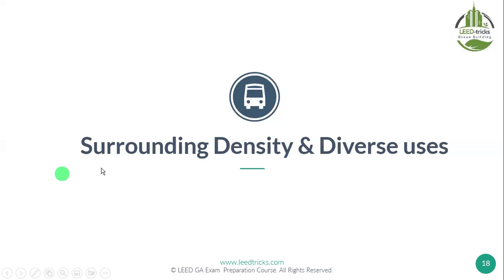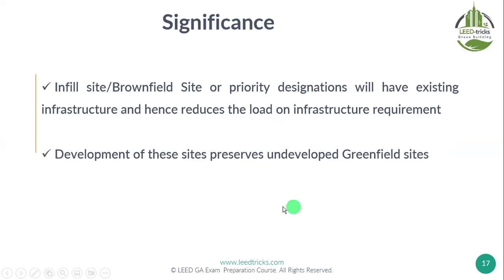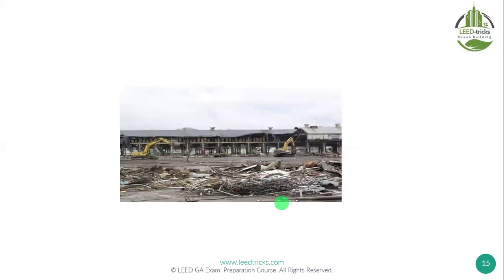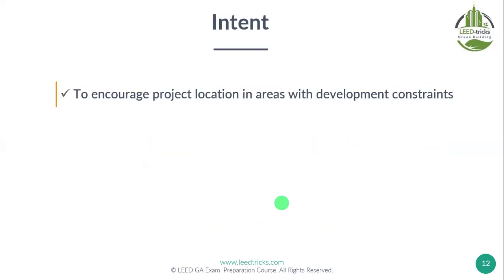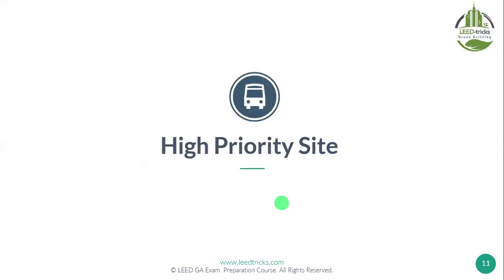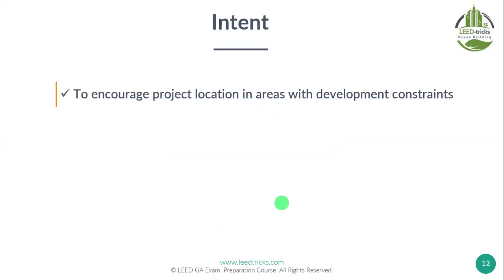Before we move to the next credit, surrounding density and diverse uses, let's again think about the previous one. The overall thinking here is to protect the land that is virgin land, that is greenfield. Okay, so we need to build in other types of land that have some constraints. That's why this credit name, I will go back just to remind you because I know you forgot. The name of the credit is high priority sites, the sites that are preferred for development, which is again